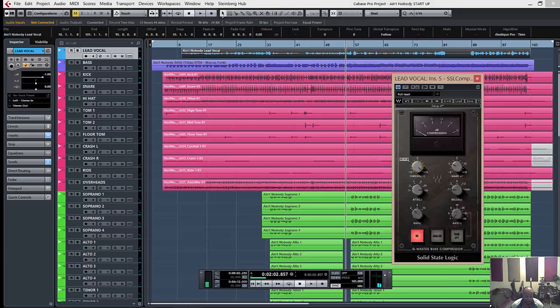Now I'm gonna set the threshold to where I'm getting about, like I said, maybe 2 to 3 dB of compression, and you'll see what difference this makes. Let's see where we are. Yeah, that's pretty close. Let's get a little bit more. Let's see, maybe right there. Okay, now we're at